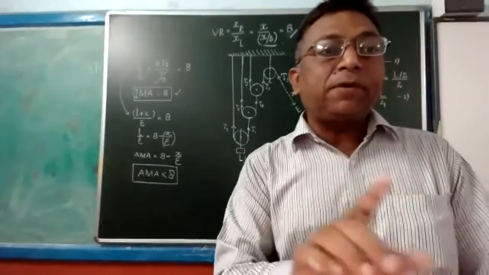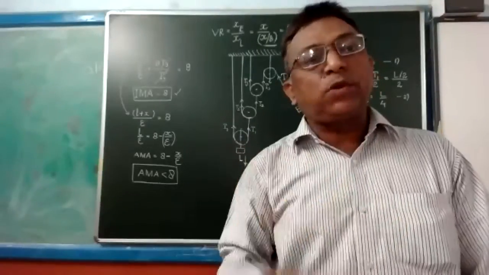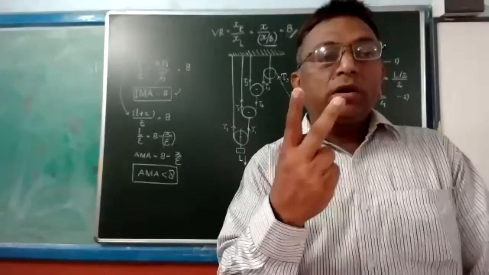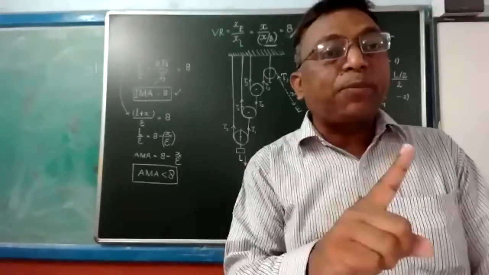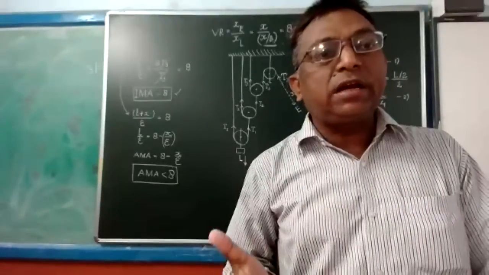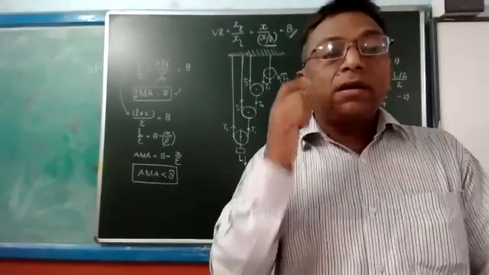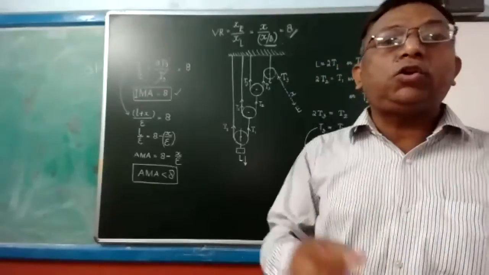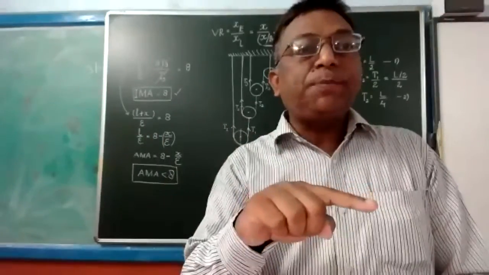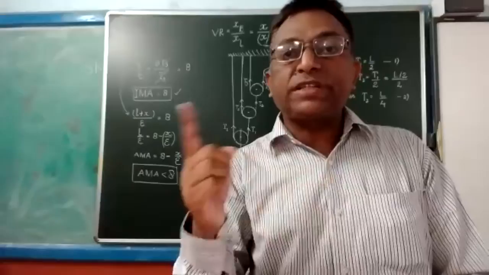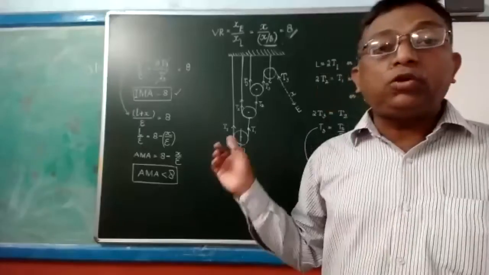In case of a single mobile pulley system, if there is one mobile pulley and no fixed pulley, in this case also the velocity ratio is equal to the total number of parts which support the load. In this case also it is a universal fact. Clear? And you have seen in the block and tackle system, 2 sheave pulley system, 3 sheave pulley system, how velocity ratio is calculated. Clear? So please go through this diagram.